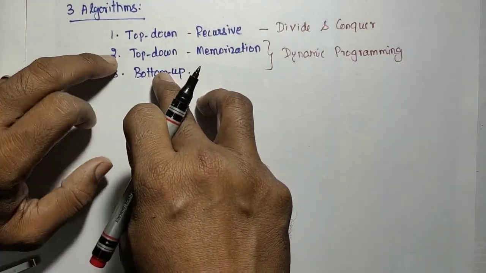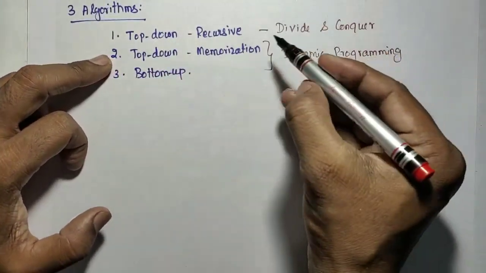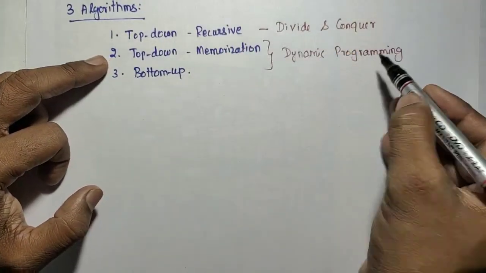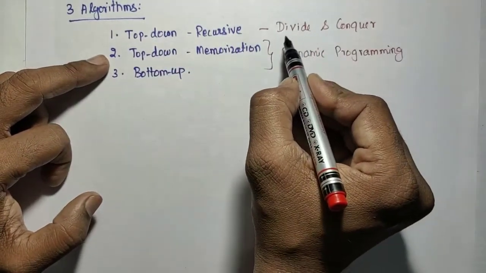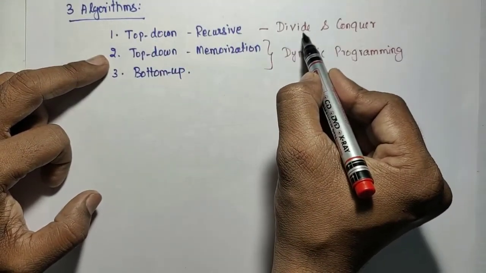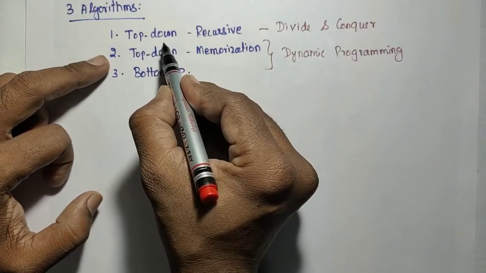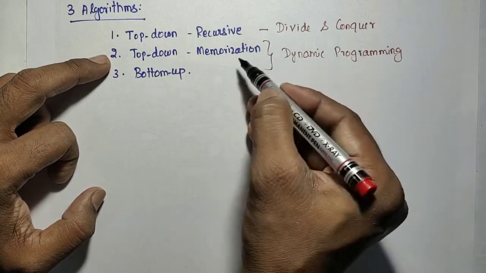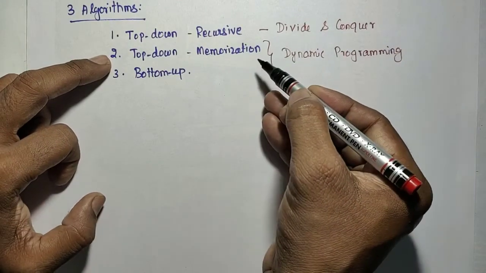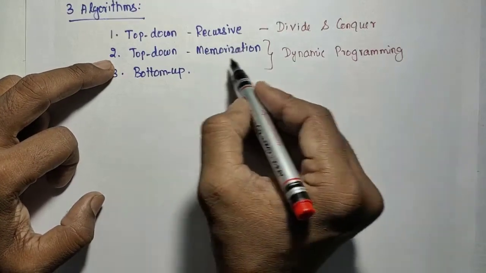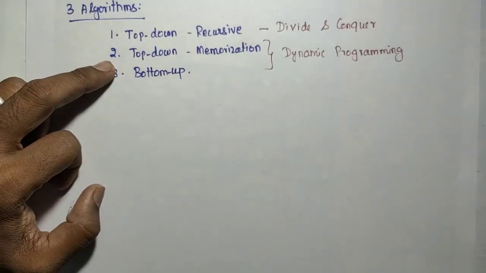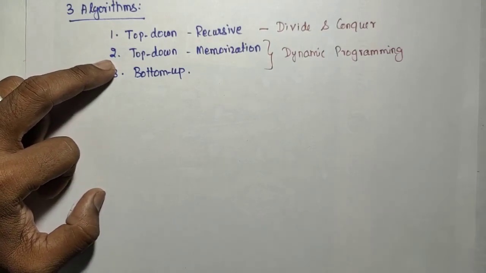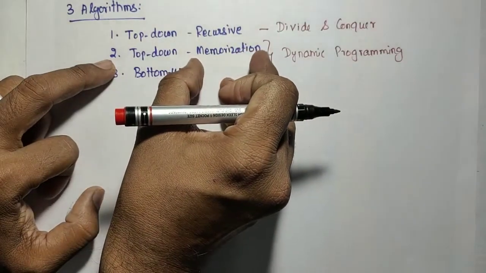Why are we doing 2 different approaches? To show how the standard divide and conquer algorithm can be converted into dynamic programming. Usually we use the top-down approach for divide and conquer, and the top-down approach itself will be converted into dynamic programming by introducing the memorization concept. Memorization, as the name itself says, means remember the answer. It means that smaller size subproblem solutions will be remembered, which means stored in a table. So it is called memorization.